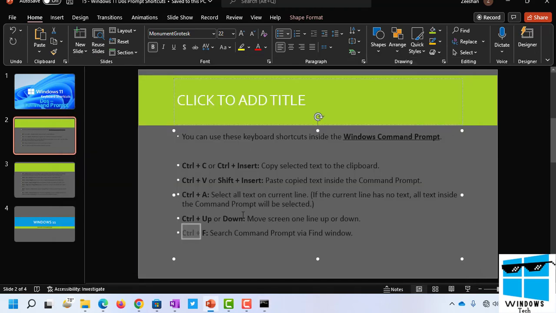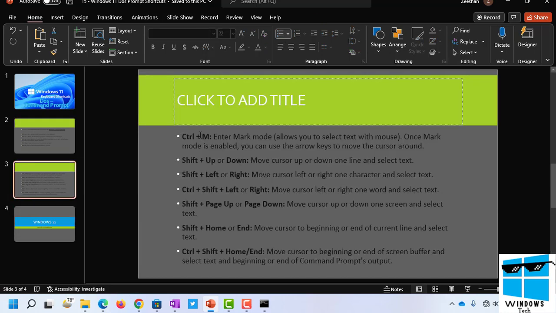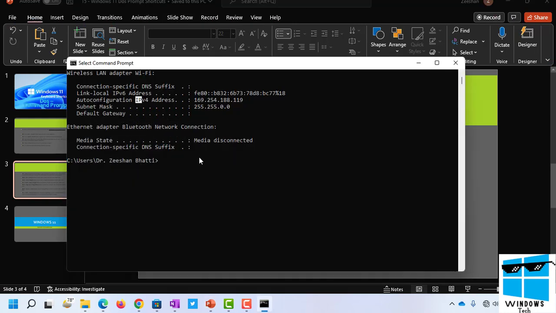Okay, so these are the top five wonderful shortcuts, but we don't stop here. Let's go to the next list. There's something called Control M. Control M allows us to navigate and select our command text. If I write ipconfig again and I want to select it, I use Control M to start the mark. By default I cannot select it, right? But if I use Control M,